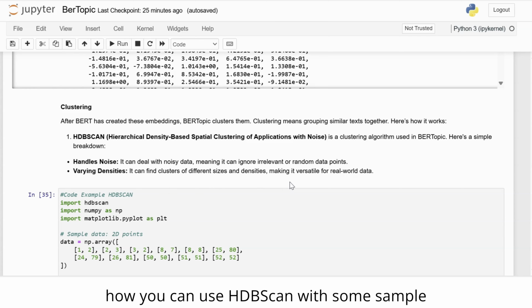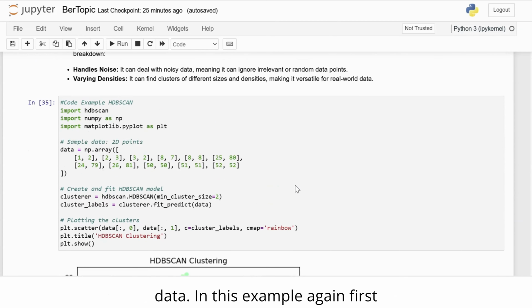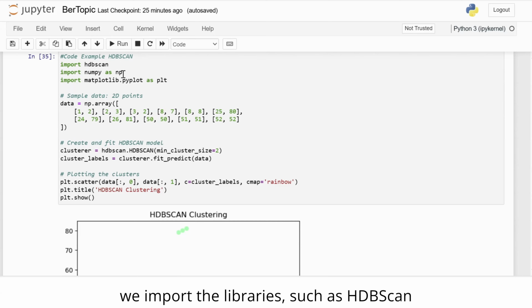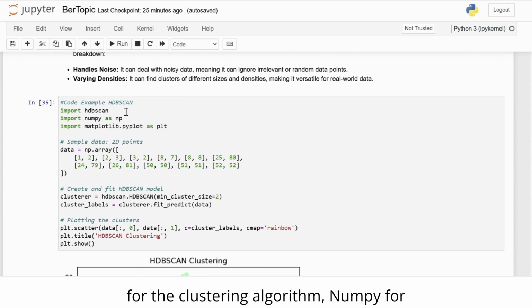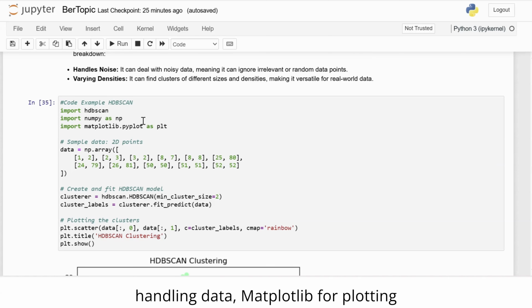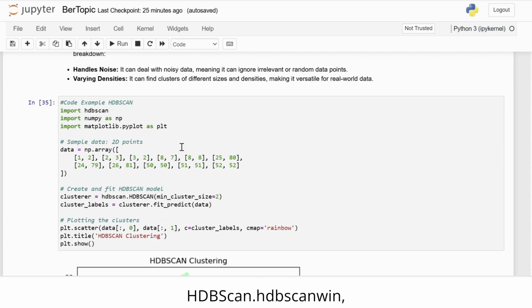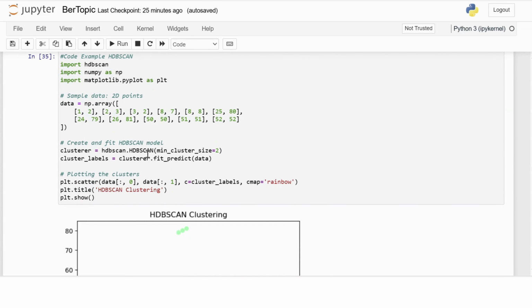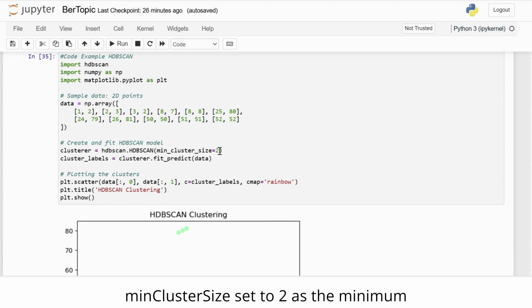Let's see how you can use HDBSCAN with some sample data. In this example, first we import the libraries, such as HDBSCAN for the clustering algorithm, NumPy for handling data, and Matplotlib for plotting the results. We create sample data, a set of 2D points, to demonstrate clustering. Then we create the HDBSCAN model using hdbscan.HDBSCAN, with min_cluster_size equals 2, which initializes the model with the minimum size of clusters set to 2. Next, we are fitting the model: